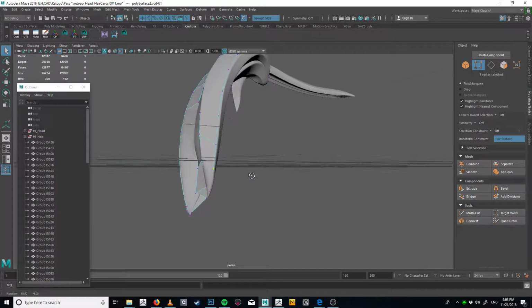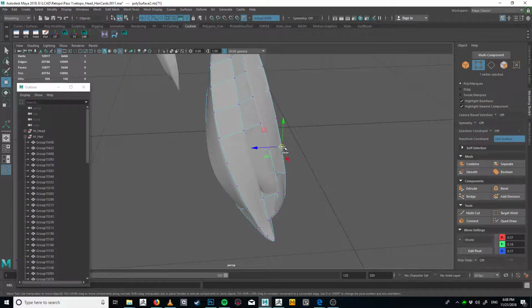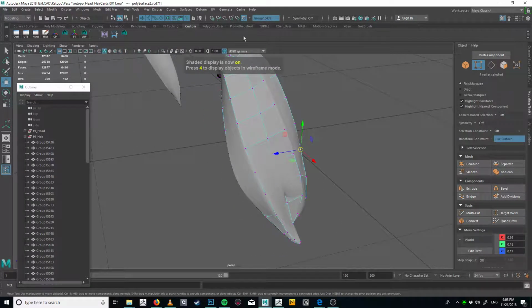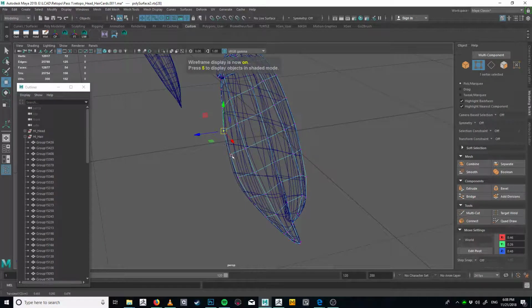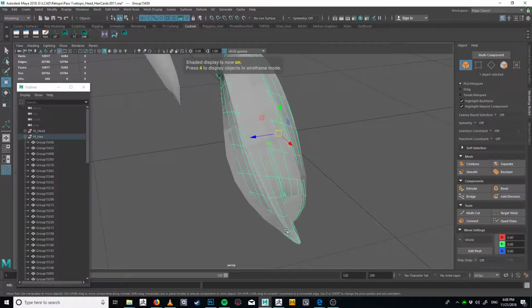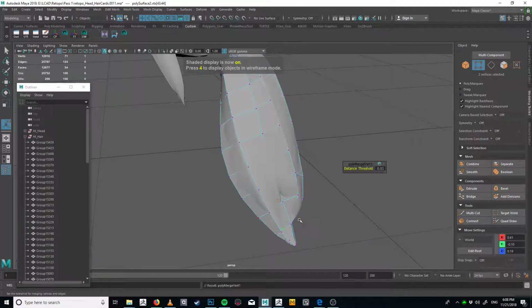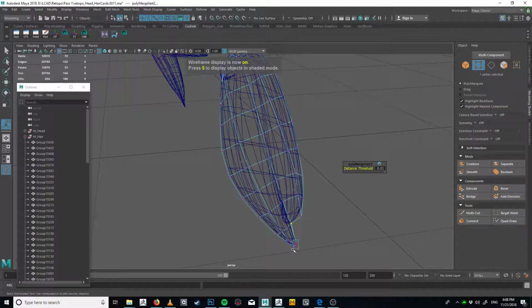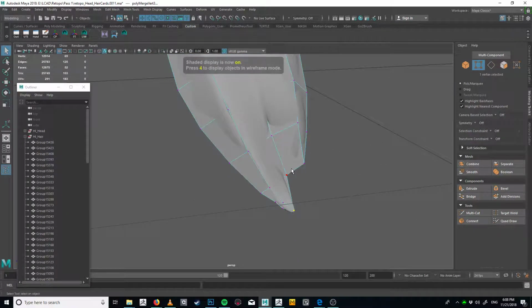I'm not worried about this flying off because I think maybe we will just stick to an alpha solution instead of keeping it a solid chunk. But again, that's something that you're going to have to experiment with on multiple projects. Like how exactly do you want to create your low poly hair, and that's going to take a while to learn. So I'm going to simplify this because again I'm going to call it a hair plane solution,